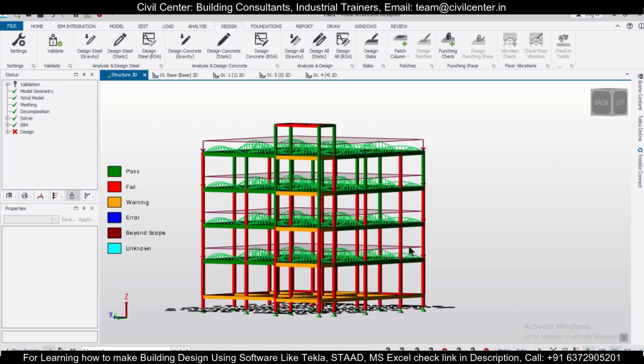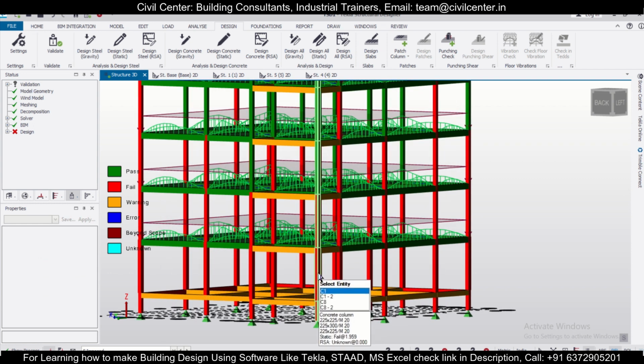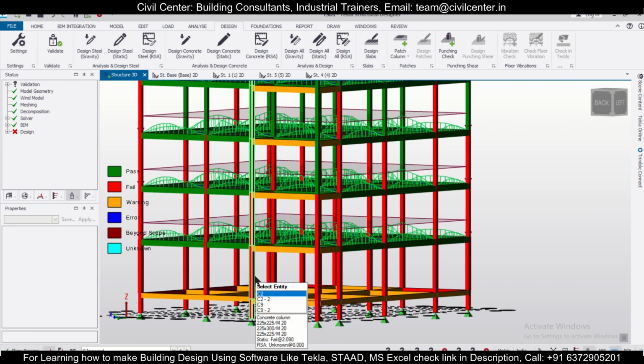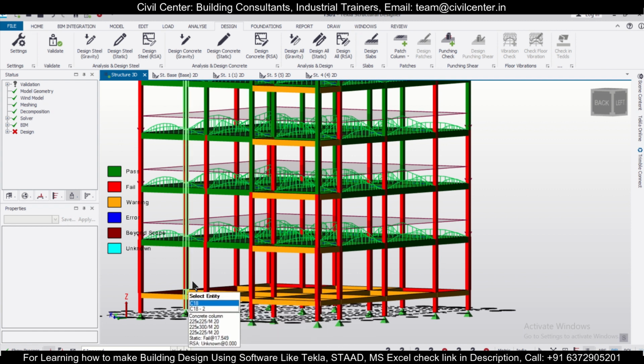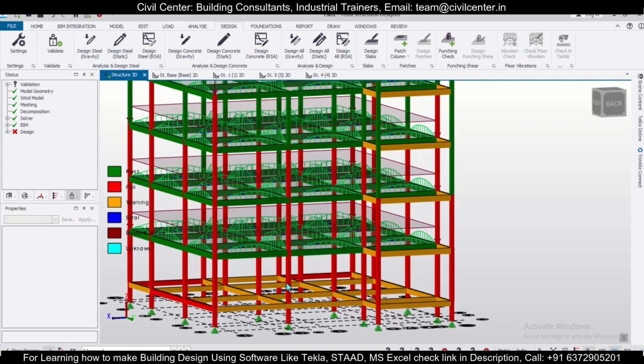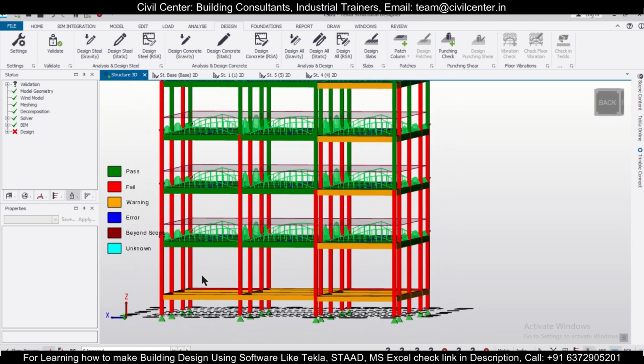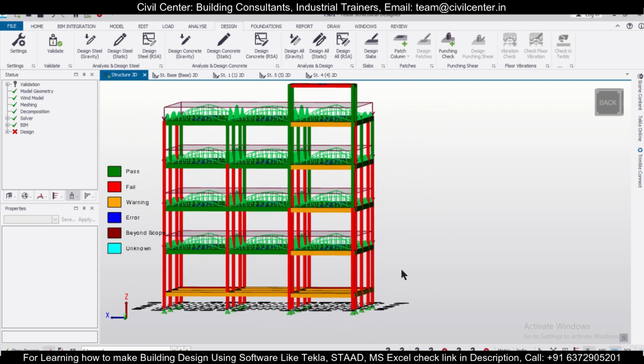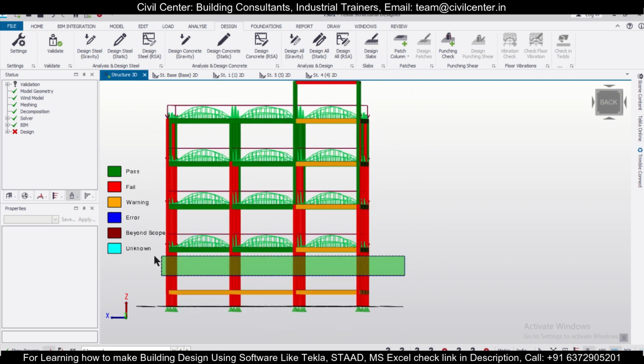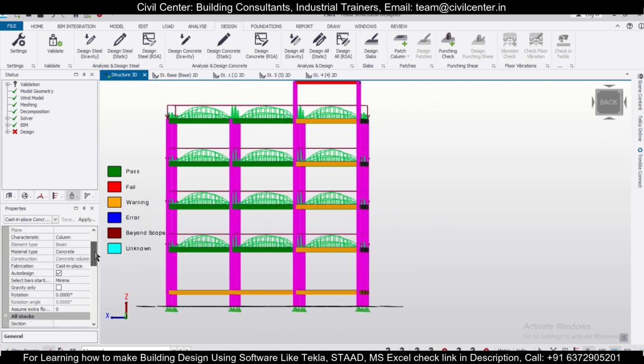So after that we see some of the columns have passed, but in the top section. So let's check the ratio here. Ratio is 1.959. This is 2.02. So from this we can have an idea that the ratio by which it is failing is a huge ratio. So we have to increase the size of the columns as well. So let's go into increasing the size of the columns here.